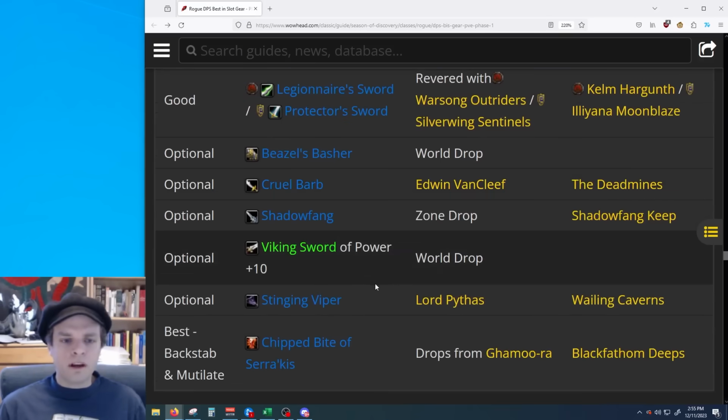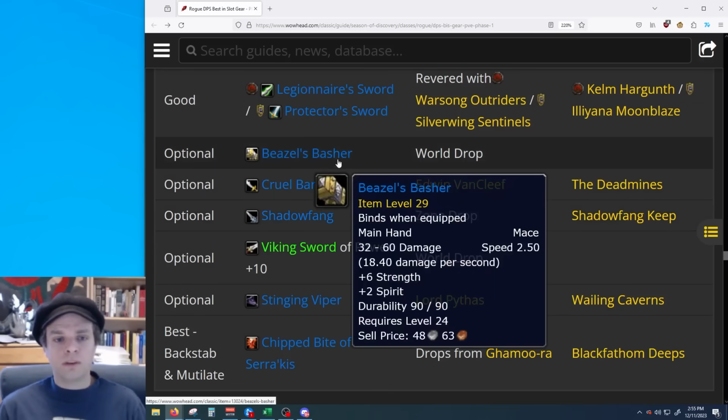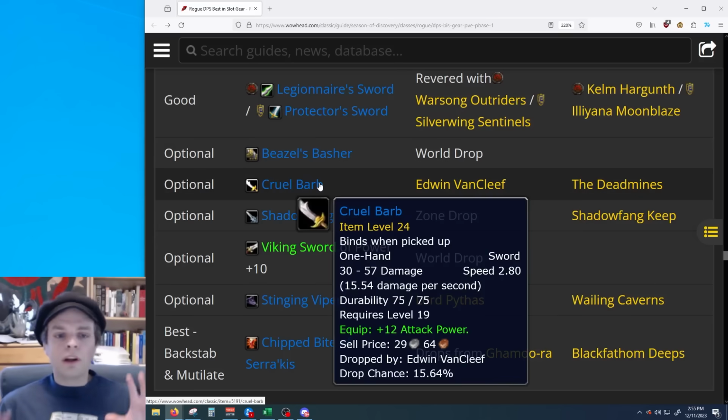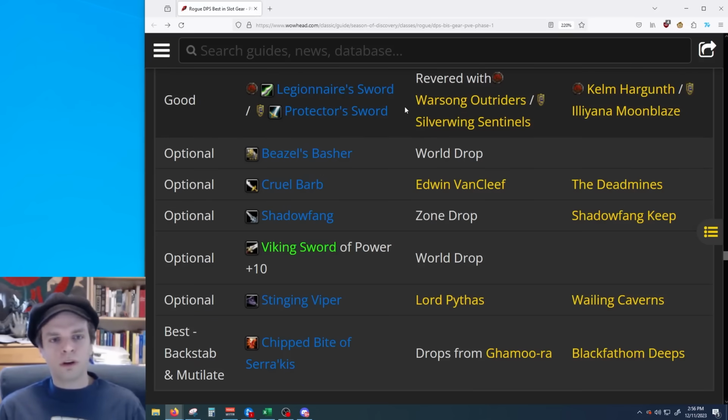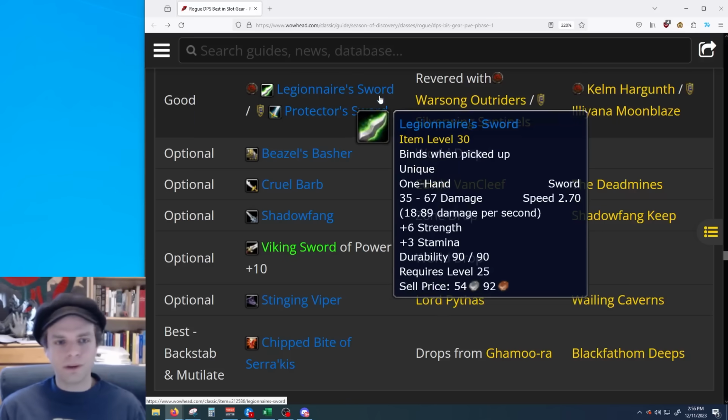So beyond that, we have pre-raid available options, Beazel's Basher as a BOE world drop, or the ever-famous Cruel Barb from Edwin Van Cleef in the Deadmines. Personally, I think Cruel Barb is an excellent option for a pre-raid rogue. You get a Cruel Barb for your main hand, you're ready to go into BFD. I wouldn't worry too much about grinding out Revered Reputation with your Warsong Gulch faction to get a slightly better,